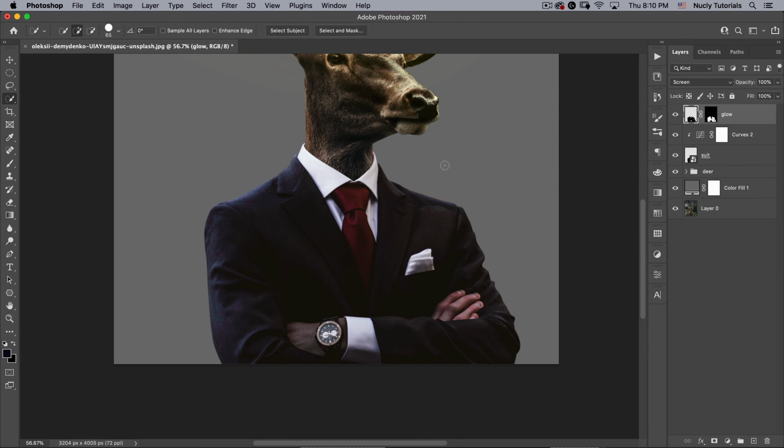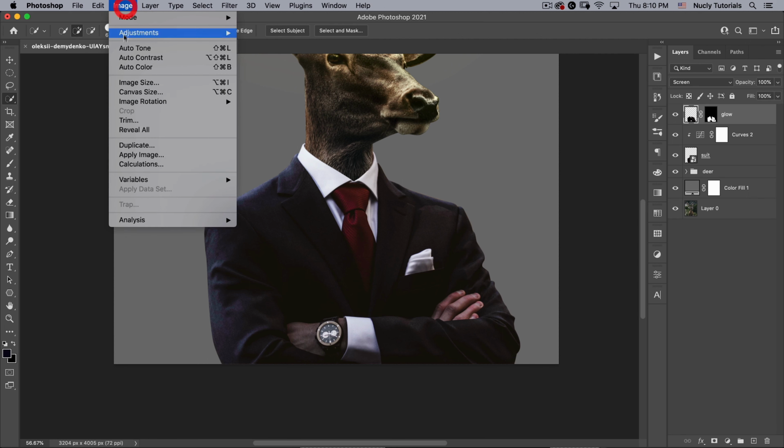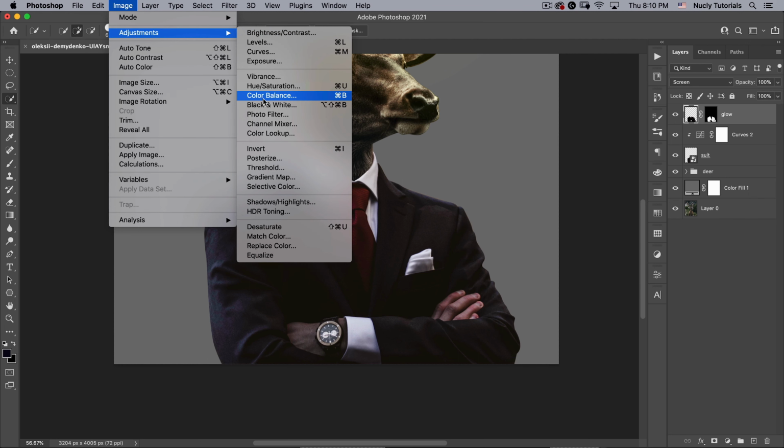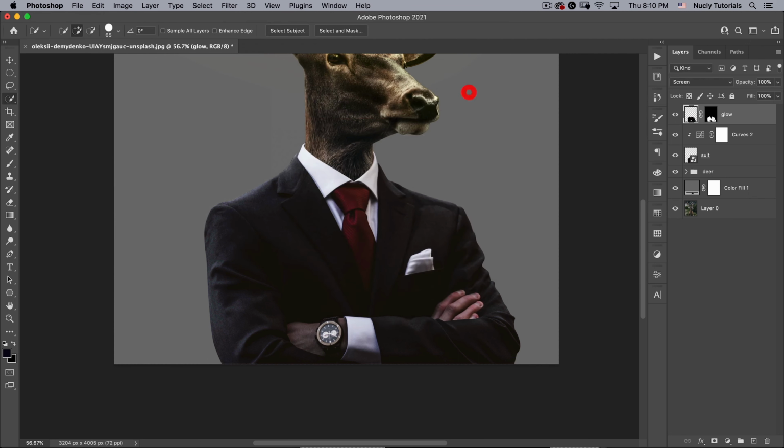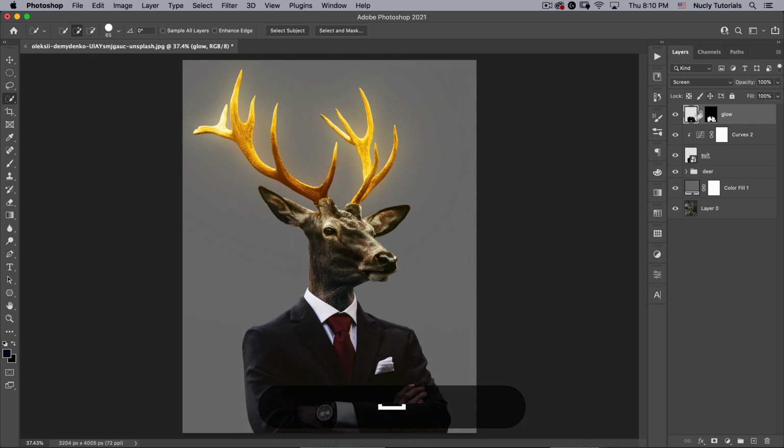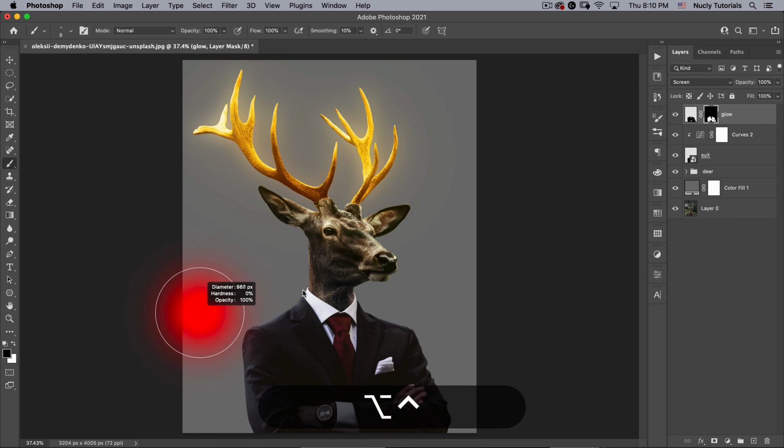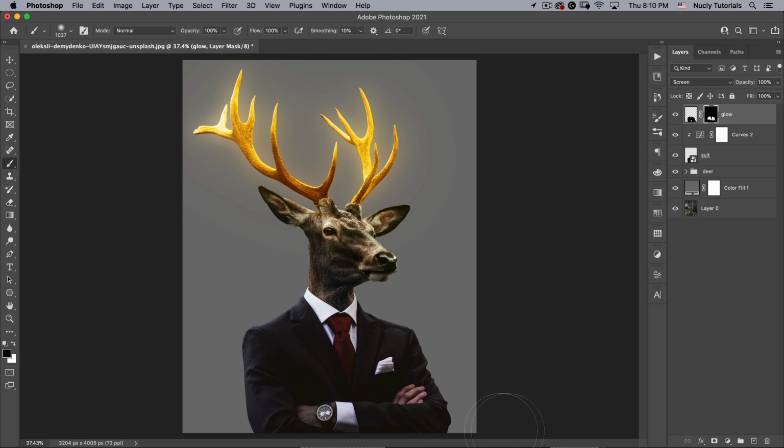And then I'm also just going to make it black and white. So now we just have this adding a little bit of edge lighting up here, which makes sense if our light source is coming from the top. If we don't want so much down here, I can always just paint in my mask with a black brush like so.